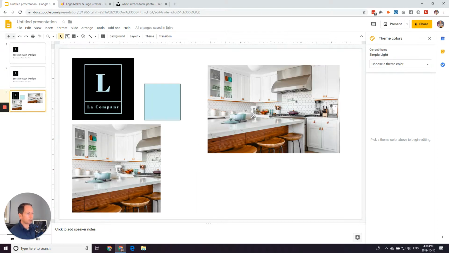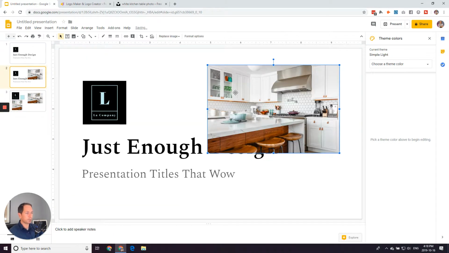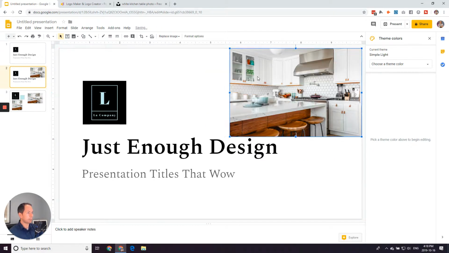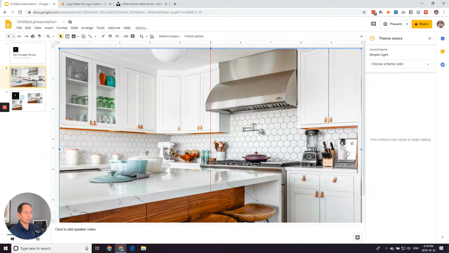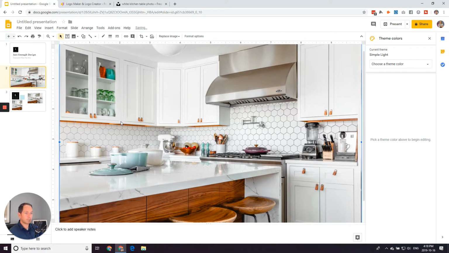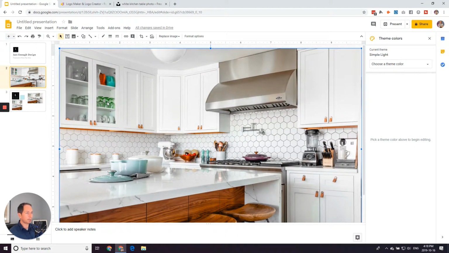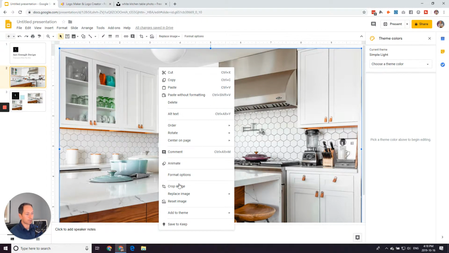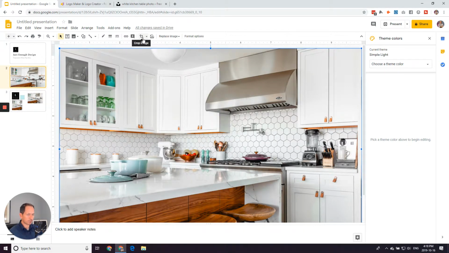Let's go ahead and grab our photo. Copy that here, and we'll paste that in. So what would it look like if we just dragged it behind absolutely everything? These tools have gotten so nice compared to where they used to be. So in our case, if I right click and go to crop, it's going to let me do that. This works very similarly in PowerPoint as well if you're using that. There's also a selection here. And what I can do,